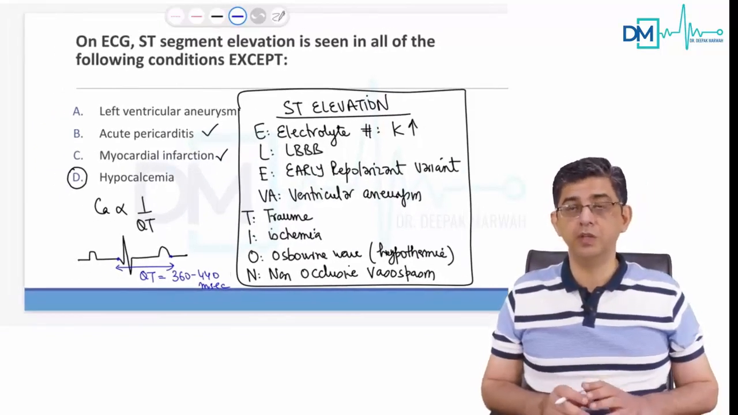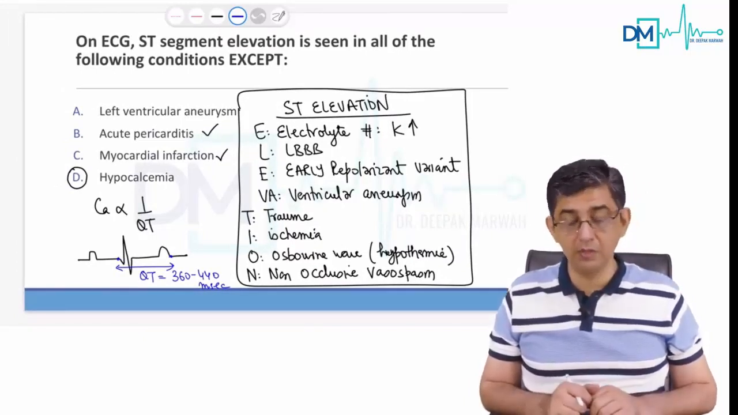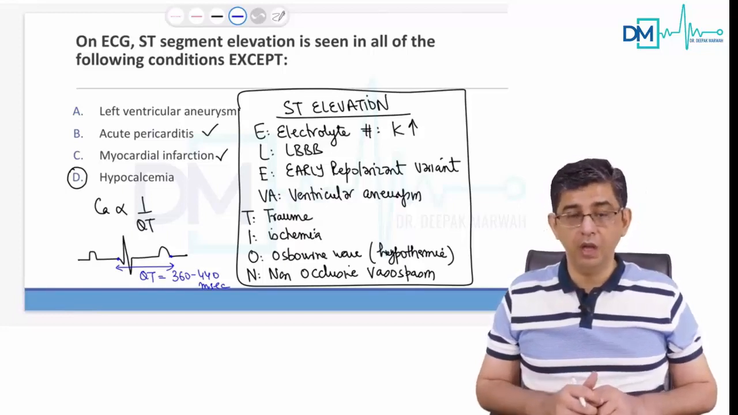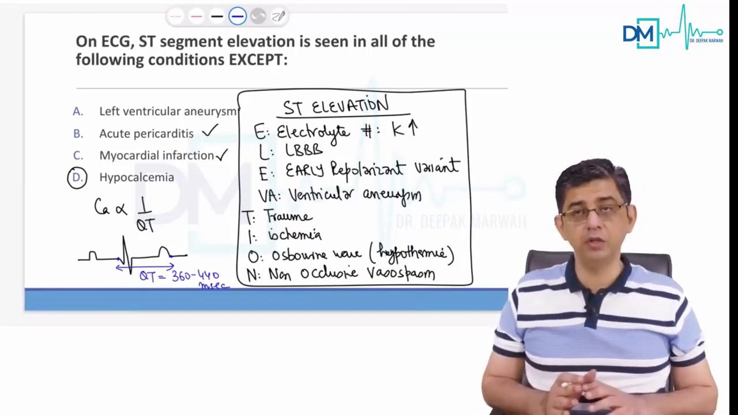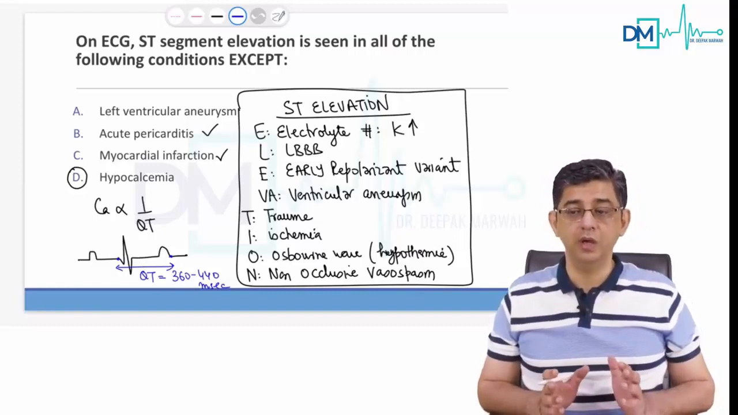Most of the time in the exam, they've asked regarding ST versus QT prolongation. So you just need to remember this information, the mnemonic that I've given, and calcium showing an inverse relation with QT. This would solve your woes with respect to ST versus